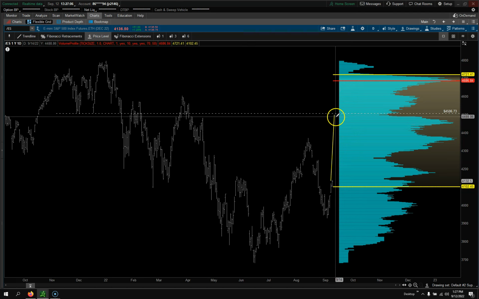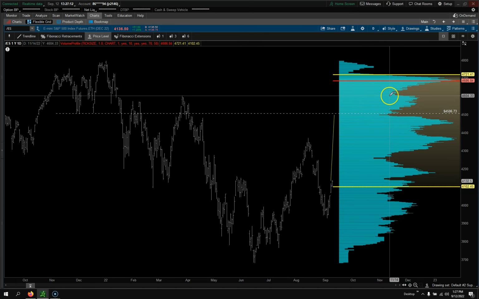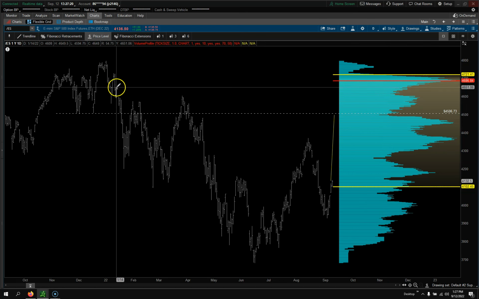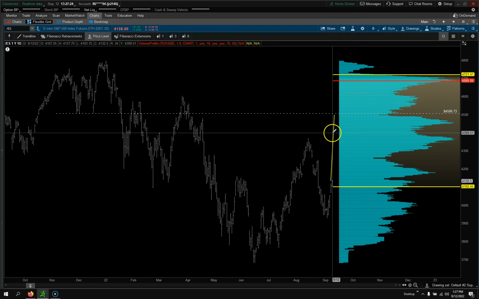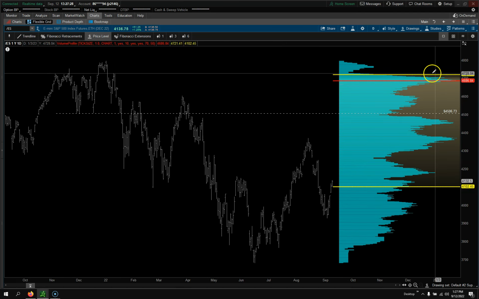Now, sometimes price will go in and chop around and start to build out this volume profile too, to make it a lot cleaner. Like this, maybe this little area may have been looking just like this. Price kind of chopped around for a couple hours, something like that, to help fill that in. Who knows? Now, with that being said, what is a high